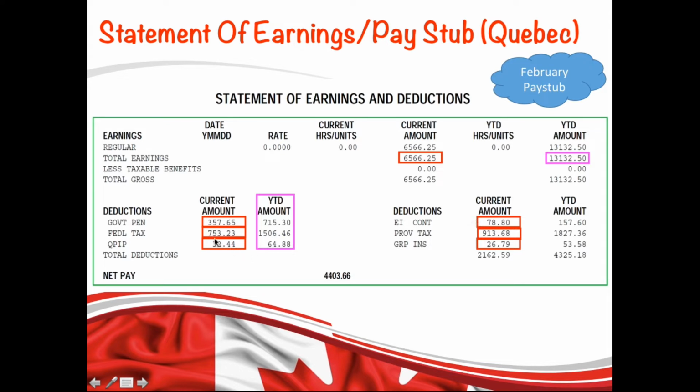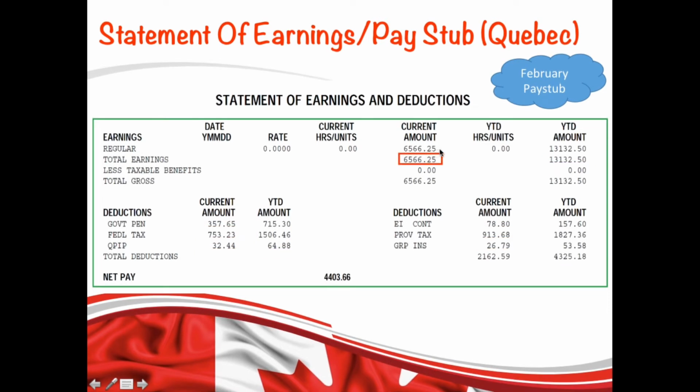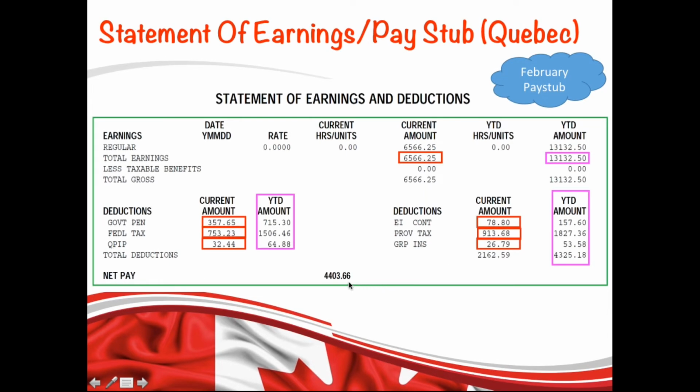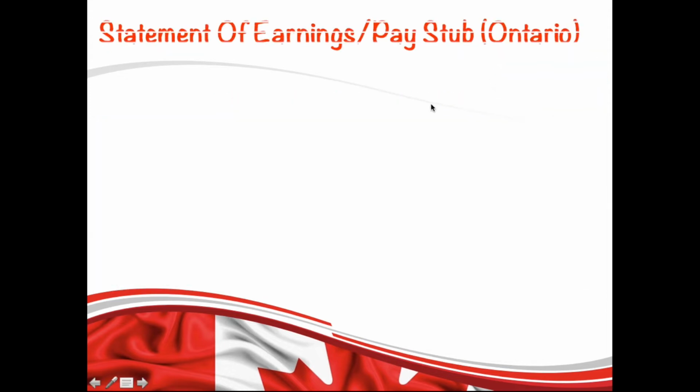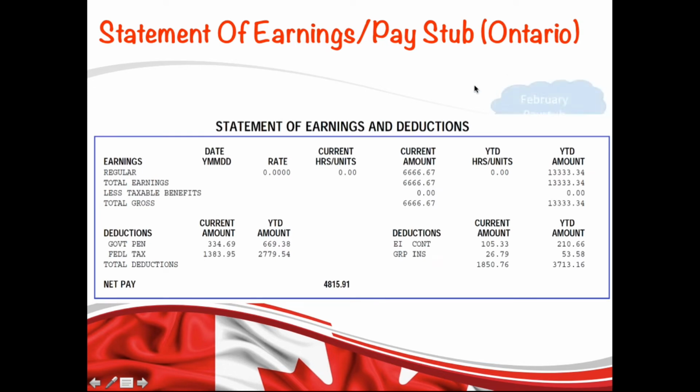So anyways, this is the total amount of all these deductions, which is altogether $2,162.59, and that will be deducted from your gross pay, which is $6,566.25. So after all these deductions, the net amount you will get from your earnings is $4,403.66. Let me show you another example of a statement of earnings for another province, and this time it is for